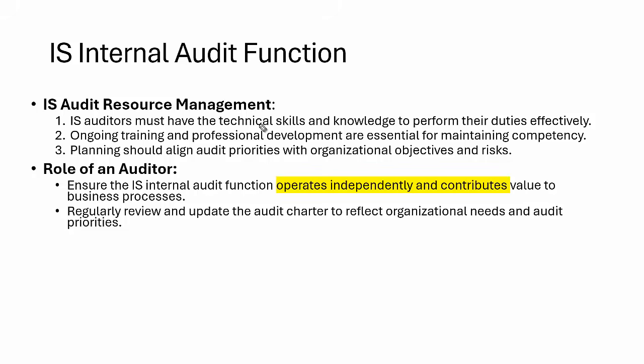Now the question is what kind of resource we need in the information system audit. So an IS auditor must have technical skills and knowledge. That is a very important part here, because we're talking about information system audit. If they don't have knowledge of IT and information, they cannot conduct the audit. And on a regular basis, they need to go through training and professional development, because today we have AI and ML. Until I know what AI is, what ML is, what a black box is and all that, I can't audit AI ML systems. So make sure we have annual training plans for the auditors, so they can upgrade their skills by which they can perform their duties.